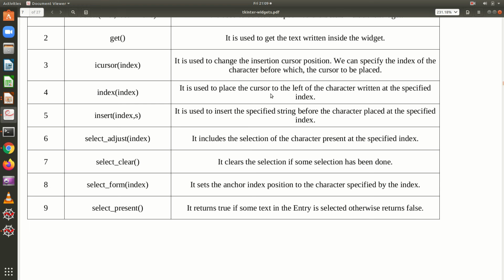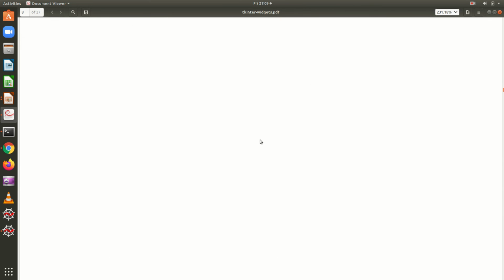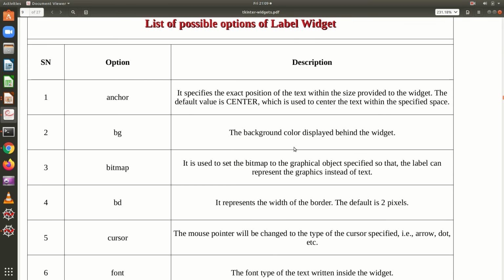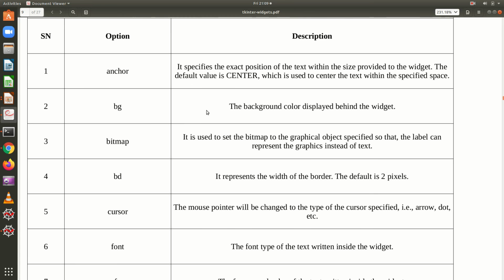So these are the list of possible options available for the label widget. You can also have an anchor value which will specify the exact position of the text within the size provided to the widget, so that whatever be the size of the label, the exact position of the text can be specified.